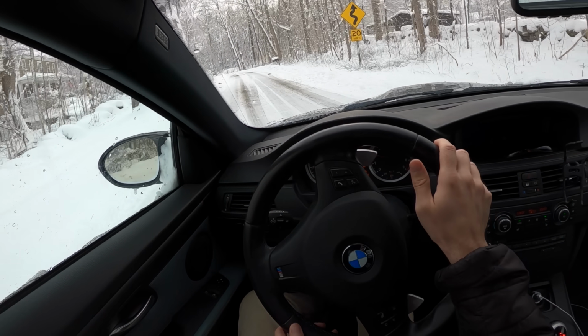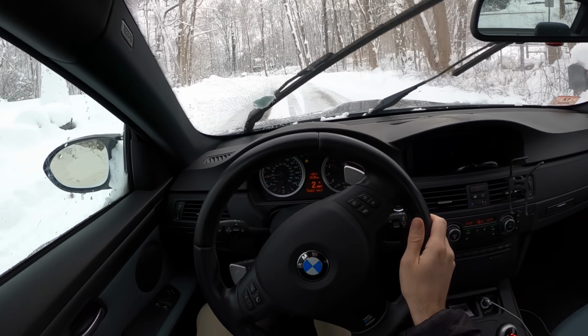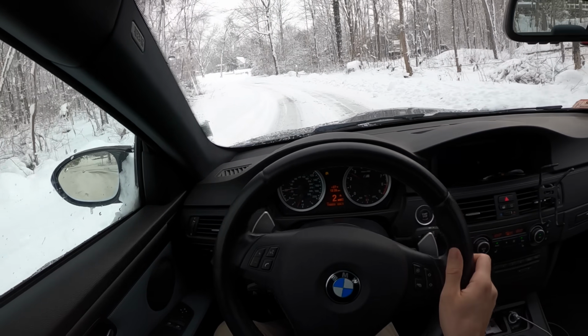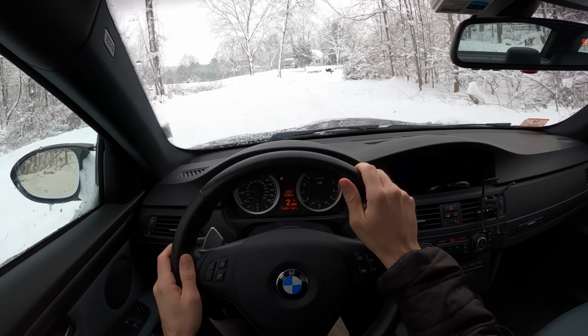Road camber is also important to look for, because if you go and take that corner and you're on a big hill, you might just slide right off of it. You don't want to be in that position. But if you follow the road,